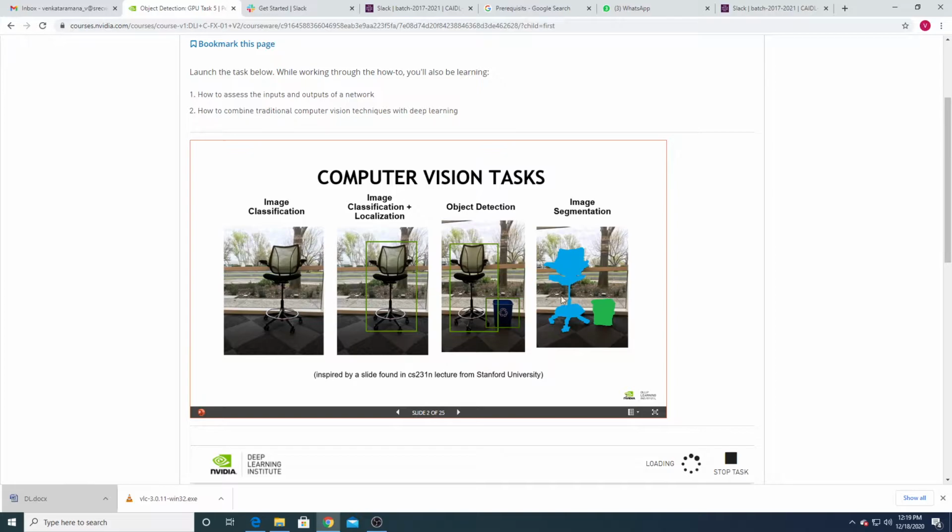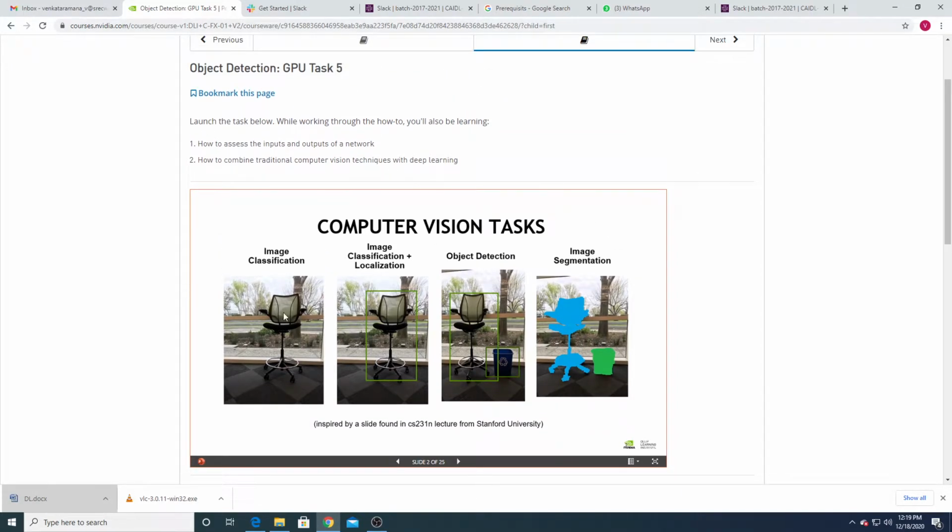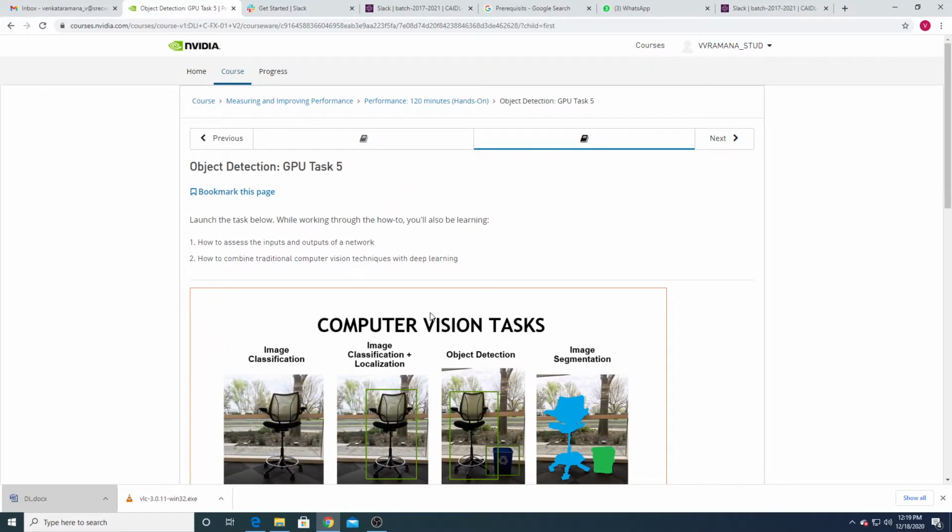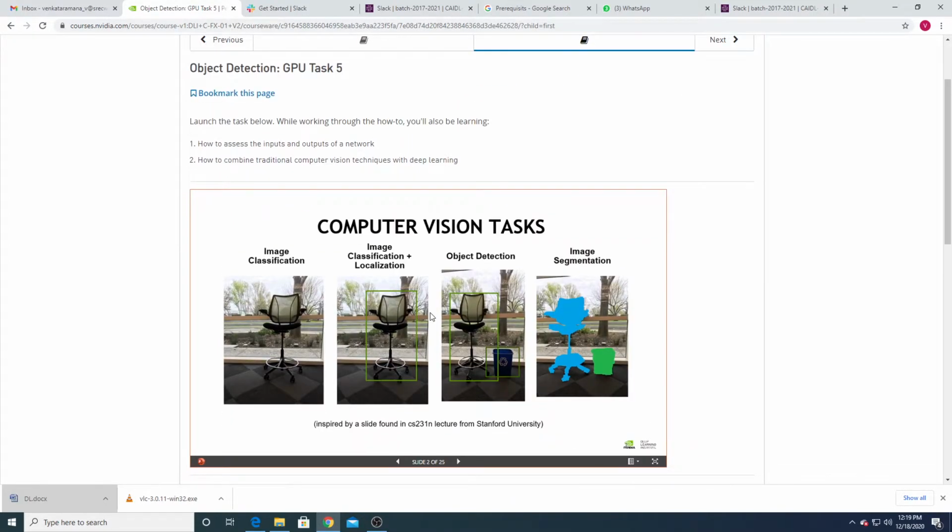And then there is image segmentation, so instead of taking a rectangular box around the objects, we are segmenting. Yes, this is the chair, and this is another object. So this is object detection with image segmentation. We are going to discuss these things in this GPU task 5.